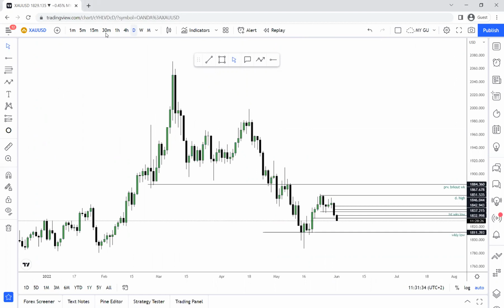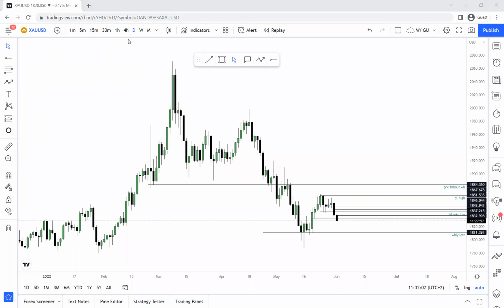The moment you have too many zones and you can see your chart properly, you have a lot of zones that are invalid. So for your trading to be perfectly fine, even if you're trading on the lower time frames, you need to have very few zones, because the ones that you have on the higher time frames always work best on the lower time frames too. For example, if you look at the